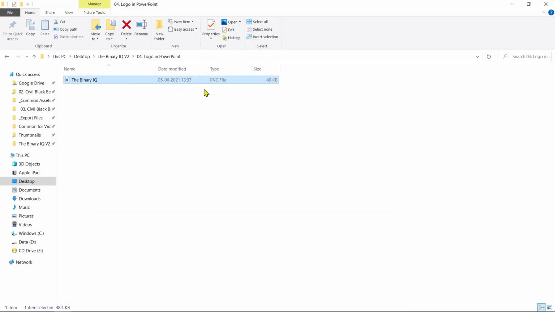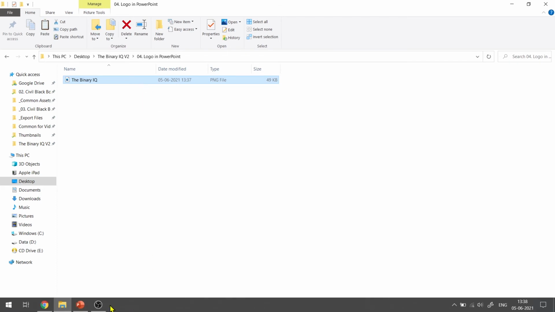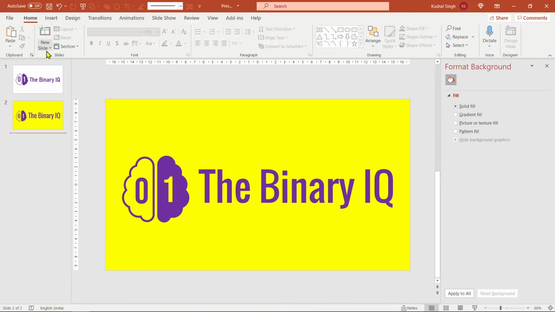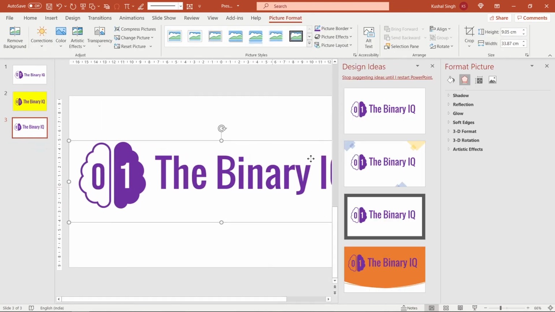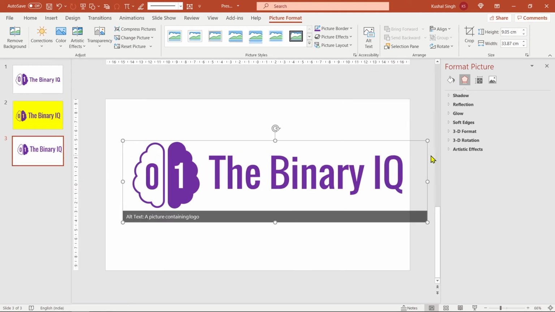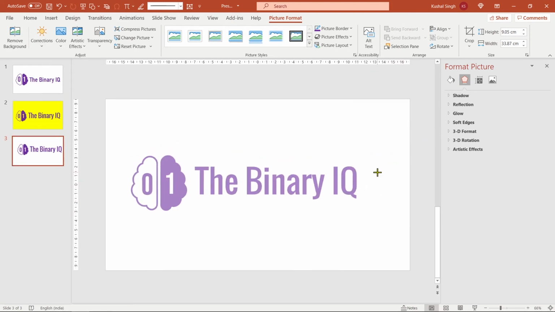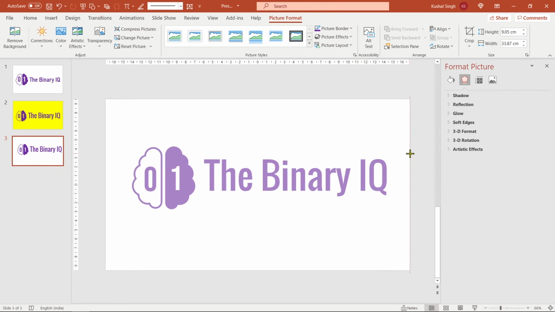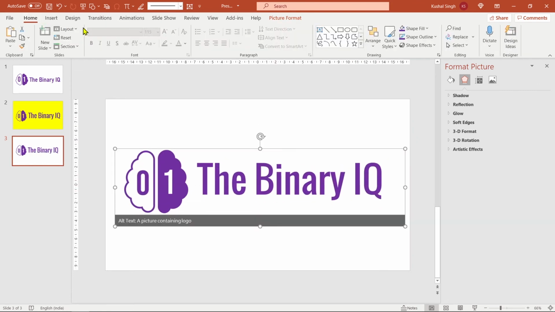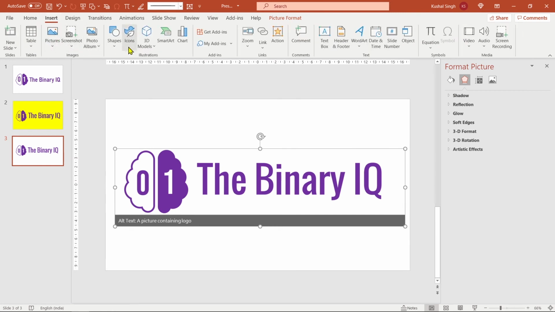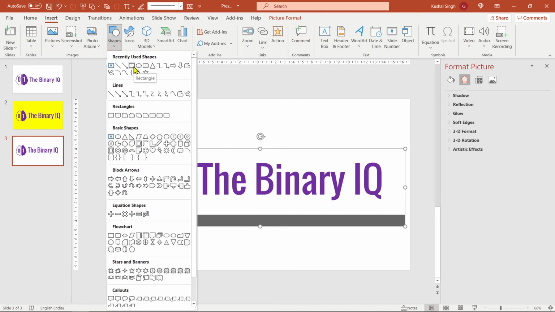However, the only issue with this is right now, if I select this, the aspect ratio would be a bit off. So let me correct the aspect ratio. I'll just Control C and go inside PowerPoint again, create a new slide, a blank slide, and I'll paste it right here. So right now this is an image and not the graphic which you had been creating till now. So you can see we can scale it very simply. All I need to do is create the correct shape of it. For that, what I'll do is go inside insert, go inside shapes, and I'll create a rectangle.